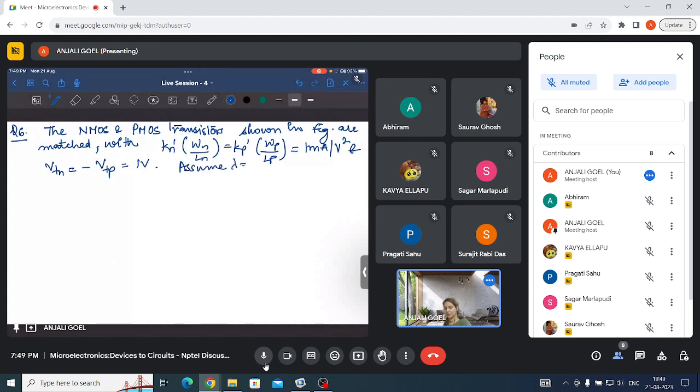Assume lambda to be 0. Find IDP and IDN as well as Vout for Vi is equals to 0 volt, plus 2.5 volt, minus 2.5 volt. So the circuit is